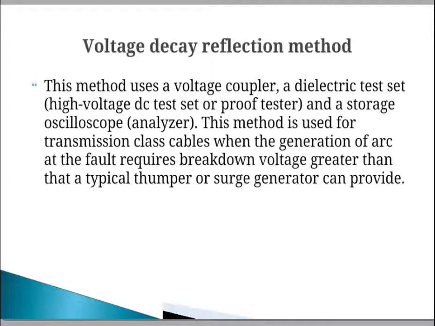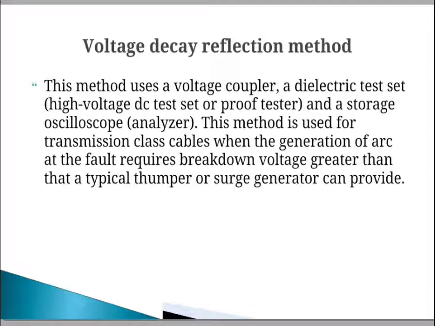The last method is the voltage decay reflection method. This method uses a voltage coupler, a dielectric test set, and a storage oscilloscope. This method is used for transmission class cables when the generation of an arc at the fault requires a breakdown voltage greater than a typical thumper or surge generator can provide.